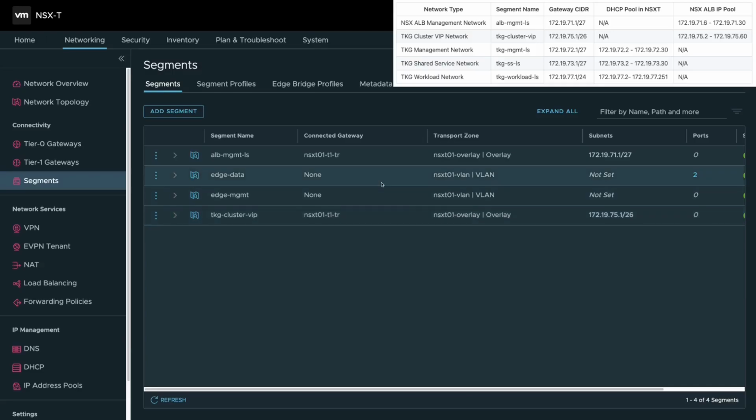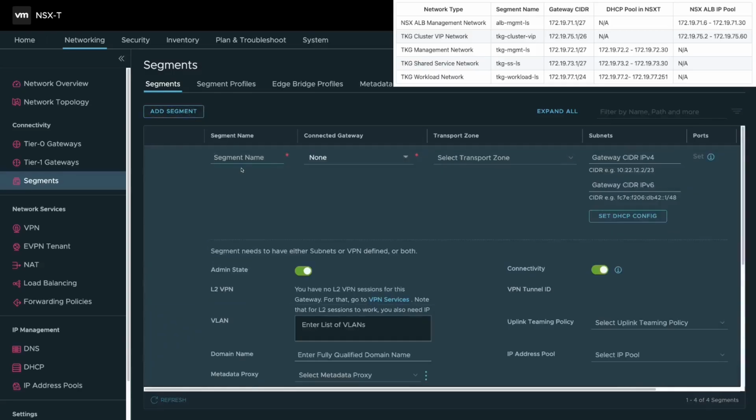So now we're going to move on to creating the TKG management, shared service and workload segments. These will require DHCP, so that is a requirement. And so for these segments, the major difference you'll see is that we are going to set the DHCP config for these segments. So the first one we're going to create is